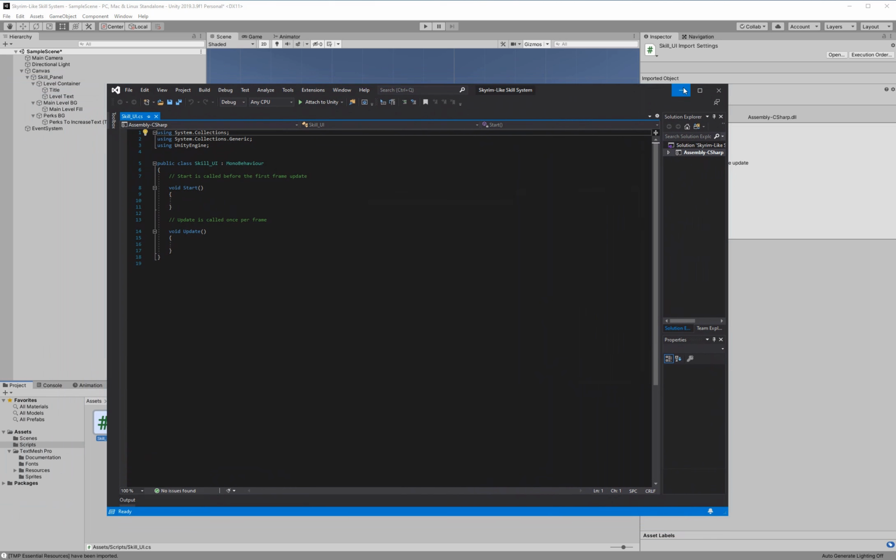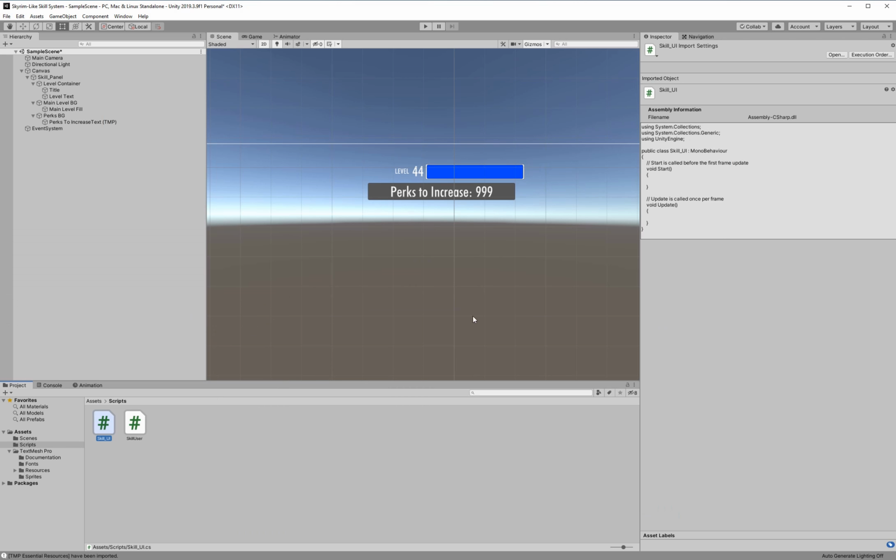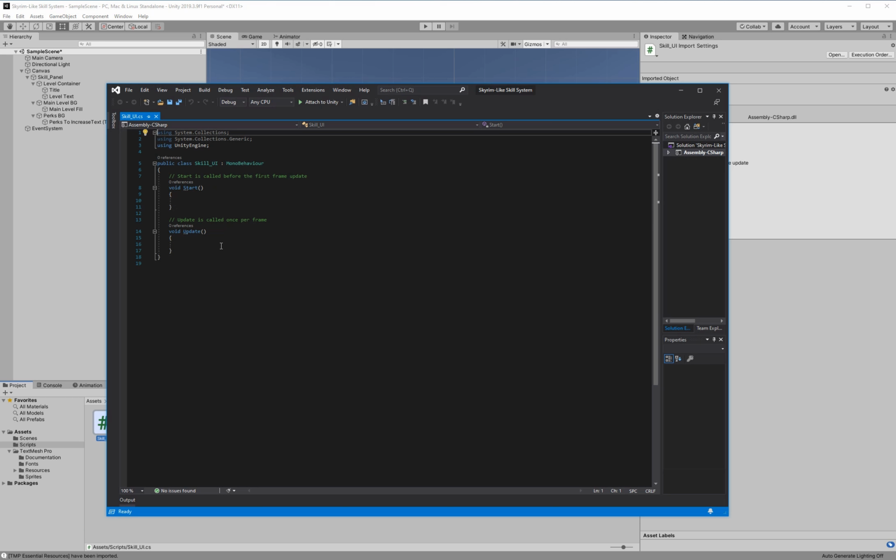So for example, you see here that we're at level 44. We're going to want access to the image here for the fill bar, and then we'll want access to this text that gives us the number of perks that we can increase. Okay, so in order to get access to image, we will need the UnityEngine.UI namespace,